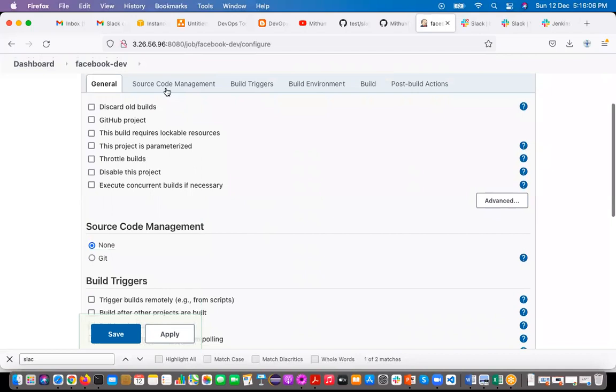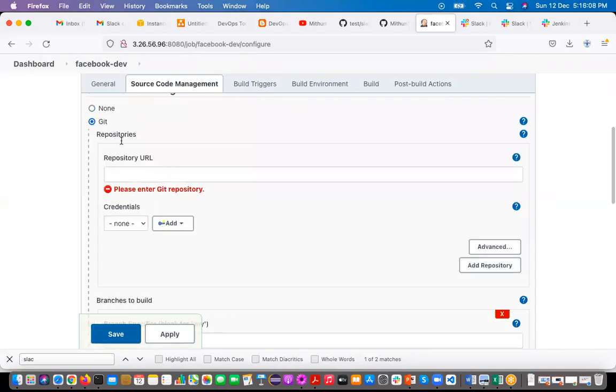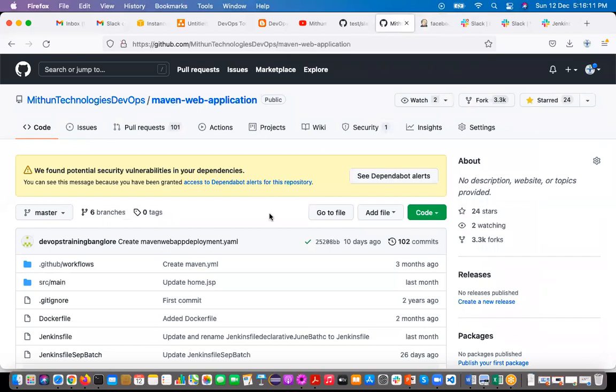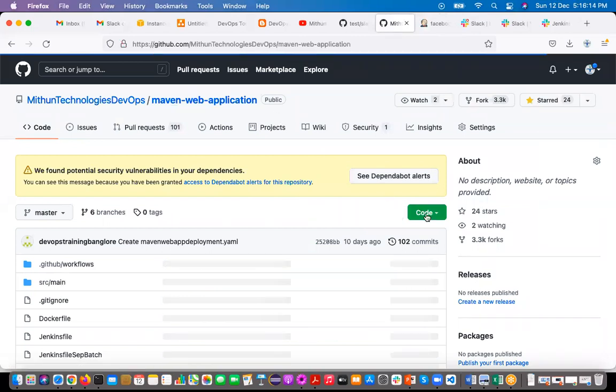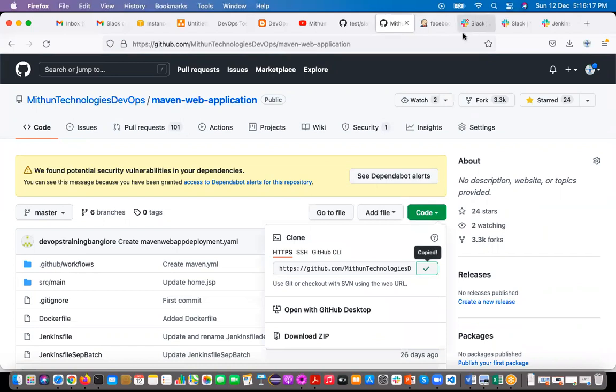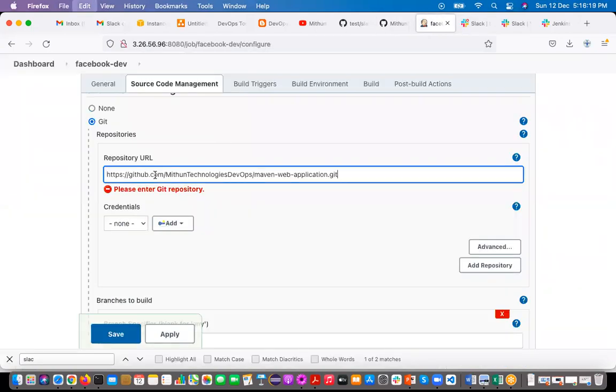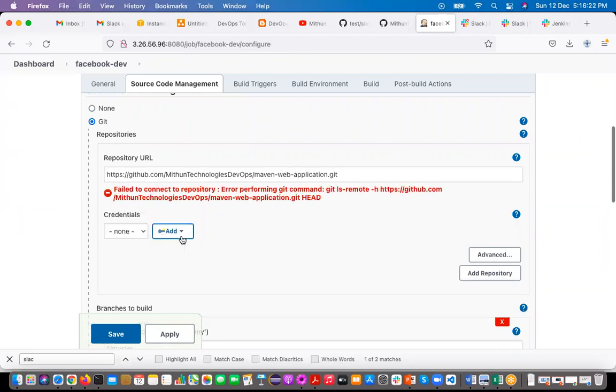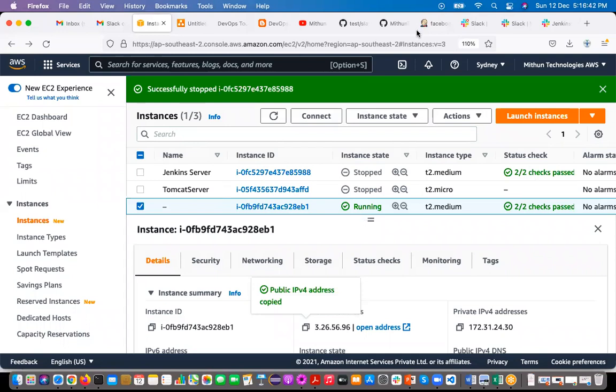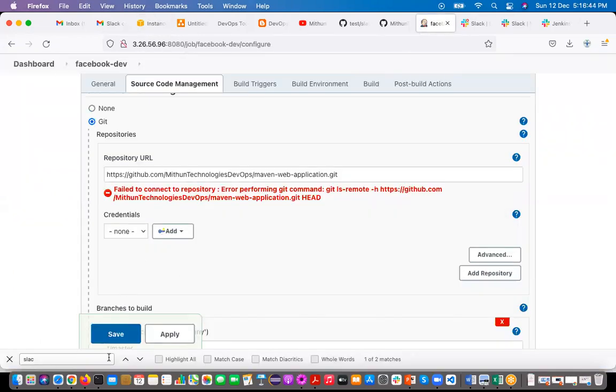So here under source code management, select that Git. So I'm going to take this one of my repository URL. So this is the Java project. So take this repository URL. So credentials I don't have right now. So what it is saying, fail to connect to the Git repository, because when giving this GitHub repository URL, it is trying to get the code from GitHub, and internally it is going to execute the Git commands. So in this Linux server where I have installed that Jenkins, there you have to install that Git.